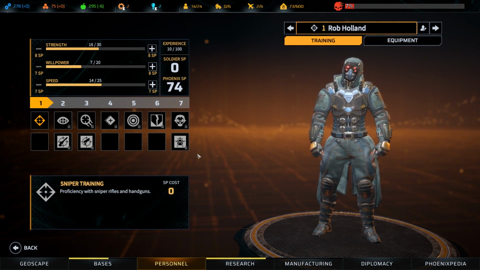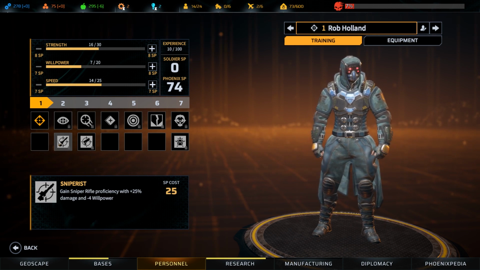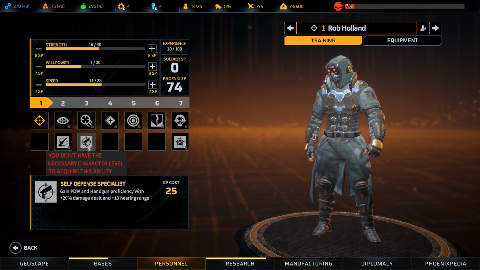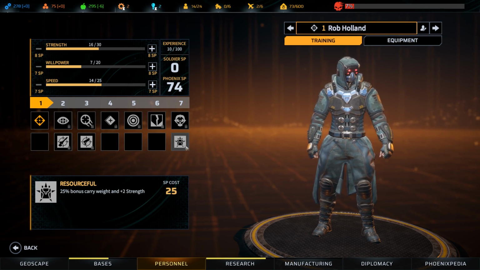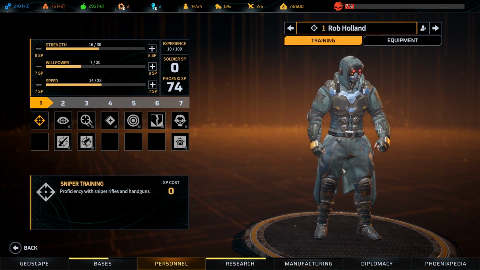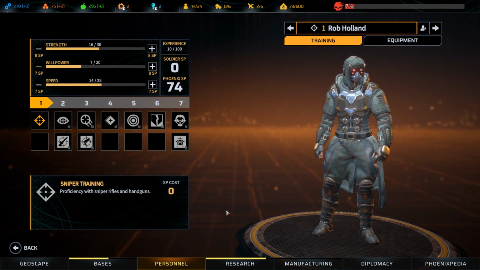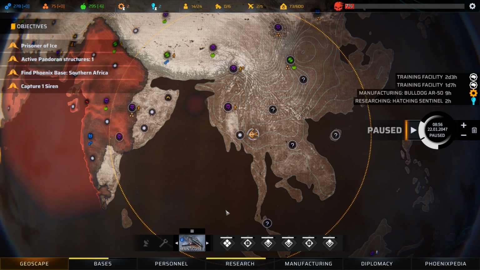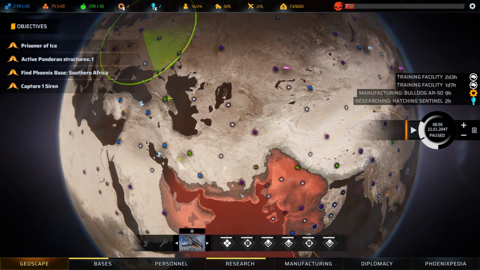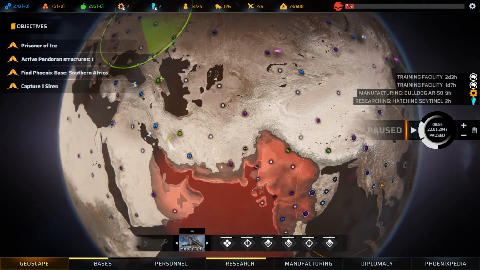Then we've got Rob Holland here, who is, again, a pretty standard New Jericho sniper, though in this case his perks pretty much lean towards being a single-class sniper. Resourceful does give us some flexibility though, so we'll have to consider our options. Anyway, that's just about it with the new recruits, so...